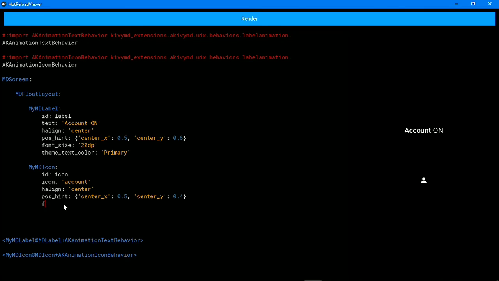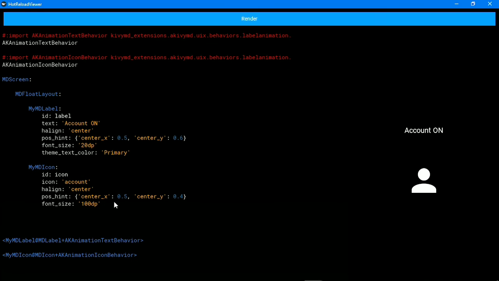The icon is very small, so we need to increase its size. Now it looks good.